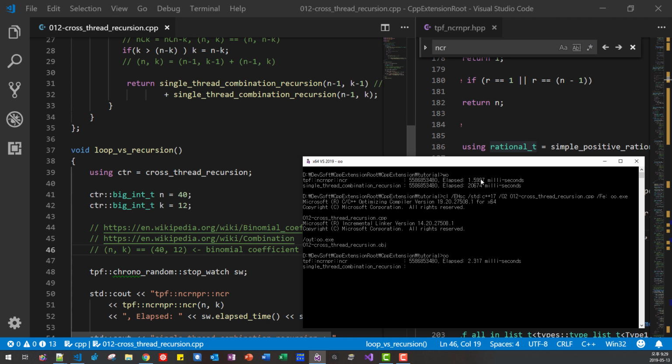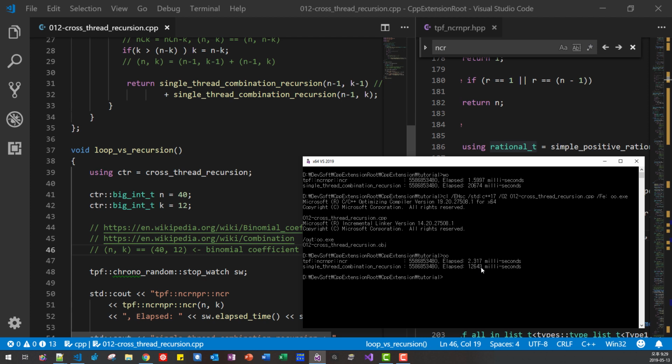There is almost no difference in this case, optimized or not optimized. This is optimized case for recursion. So it takes 12,000 milliseconds. So almost twice faster. But still loop is much faster, order of magnitude.